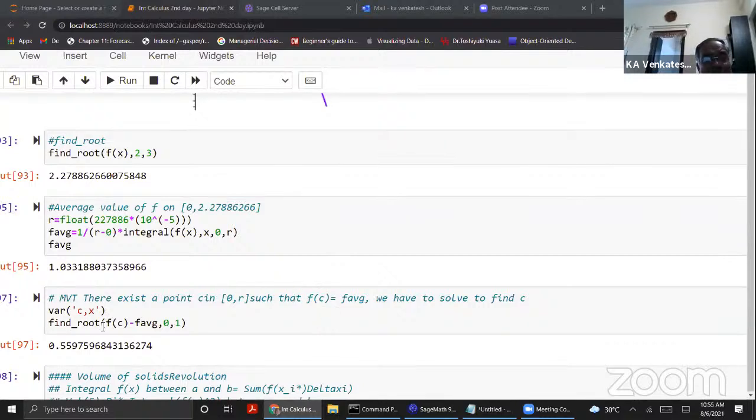So that is, again, find the root of f of c minus f of average on 0, 1. This gives the answer 0.55. So this is, now you have, okay,